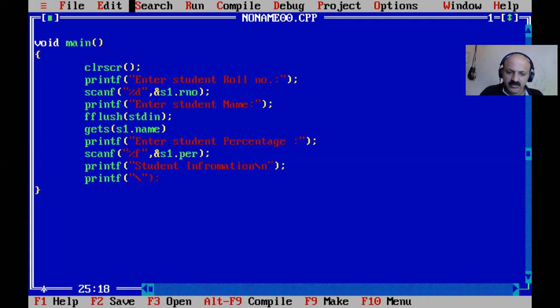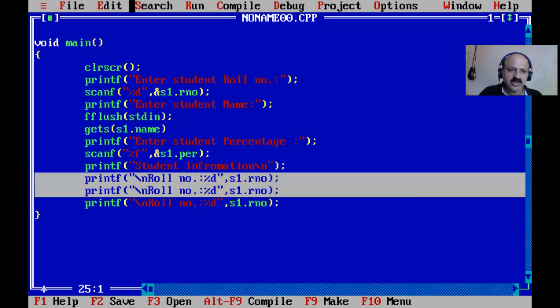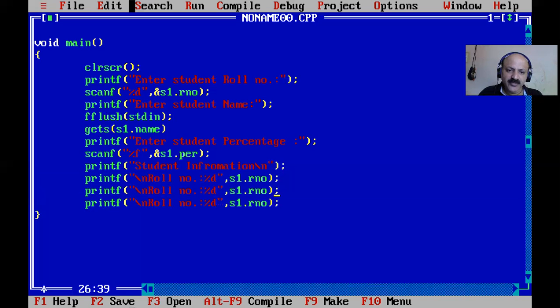So we give slash n and roll number, then percentage d and comma s1 dot rno, and then I copy. You can use one printf, but here we use separate printf for the name and the percentage.